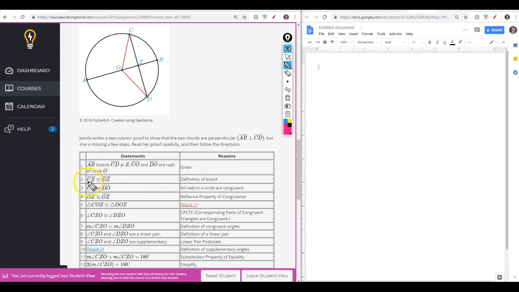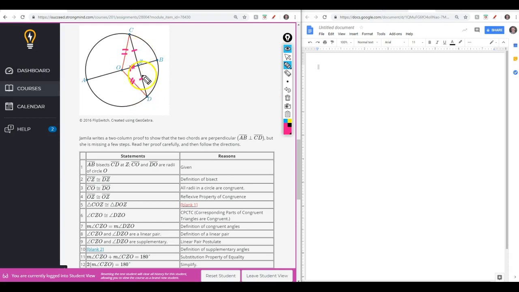So they say segment CZ is congruent to segment DZ. So this segment is congruent to this segment. Definition of bisect. Segment CO is congruent to segment DO. And segment OZ is congruent to segment OZ. Reflexive property. So now that I have these three triangles marked, I'm noticing that I've marked all three sides